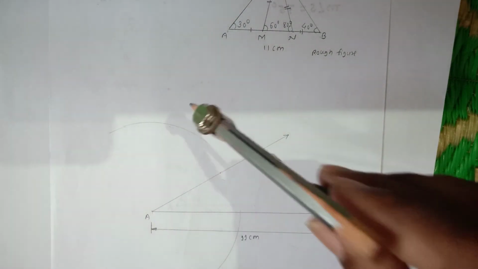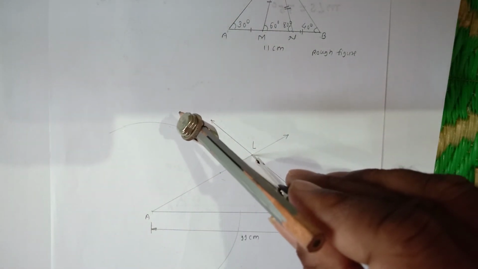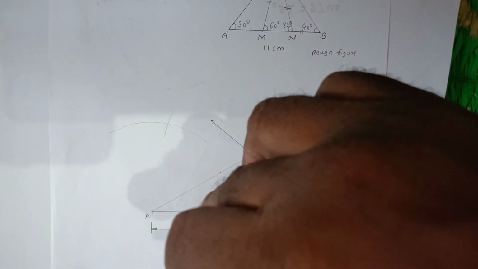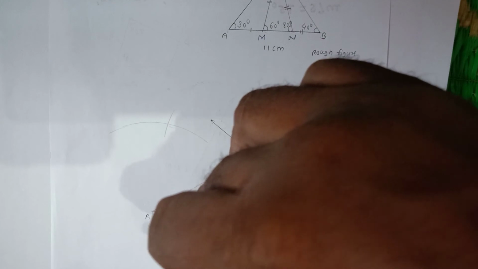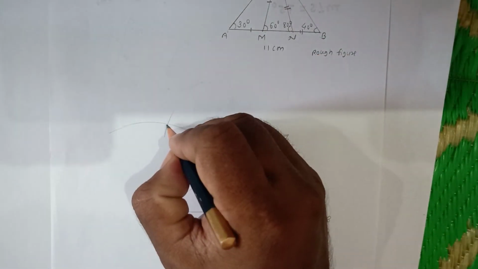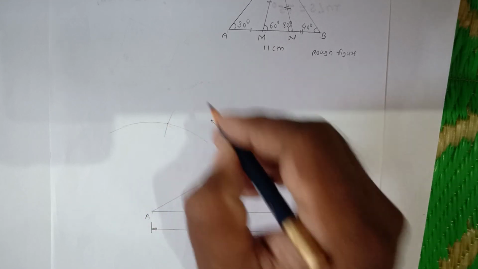Now put compass at point L and draw two more arcs in this way. Now join these 2 points,